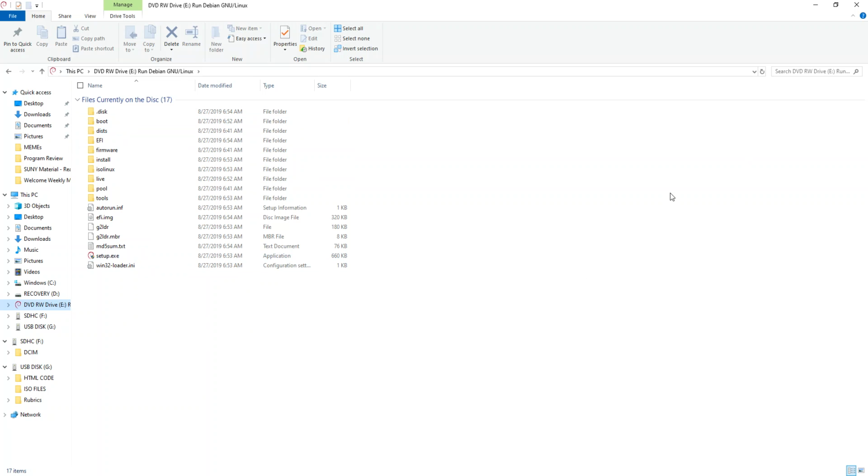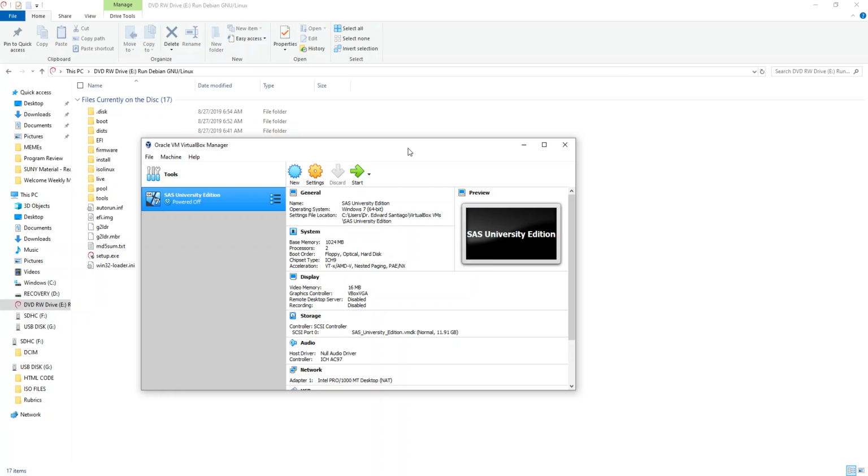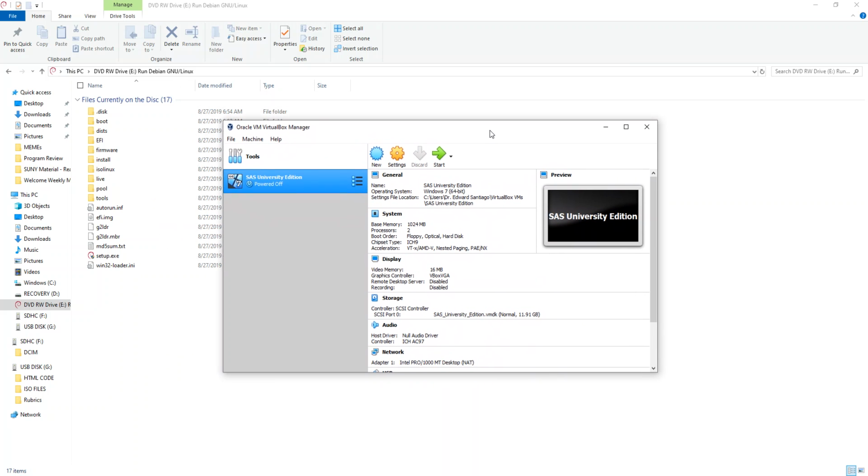Okay, since we already have that virtualization software downloaded, we run it just by double clicking it, and it's going to do its thing. It's going to install. After you install it, you're going to come up with this session here. All right, so after you install VirtualBox, the updates, and the VM software, and you burn your ISO file onto a DVD, which creates a bootable DVD,